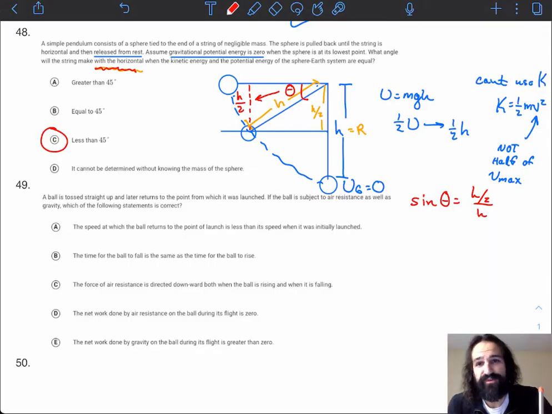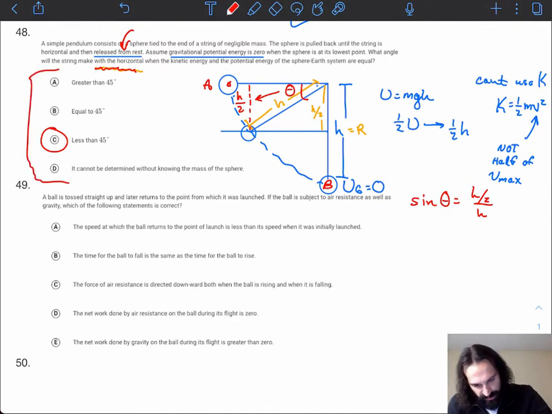All right, so for number 48, there's a couple of things that I picked out from the question. Number one, it's released from rest, and it's released from the horizontal, which means it starts at position A, and swings down to position B. And from the answer choices, I gathered that they wanted something about the angle. I don't know what that is just from looking at the question, but then I realized they want us to know,